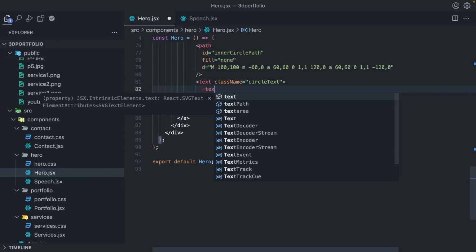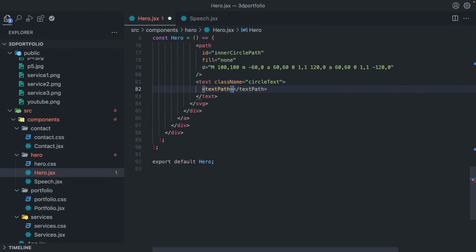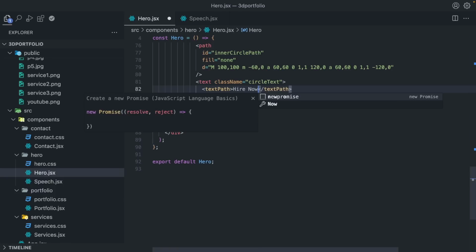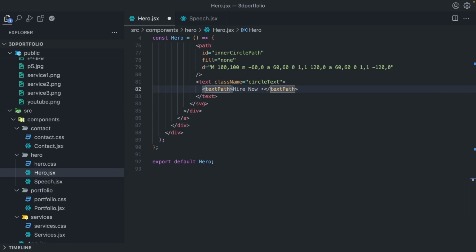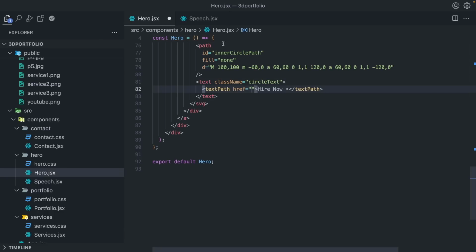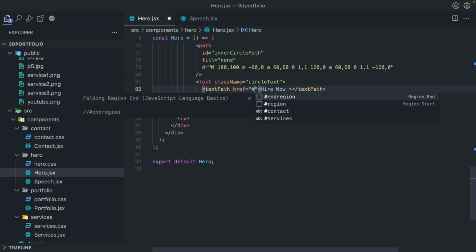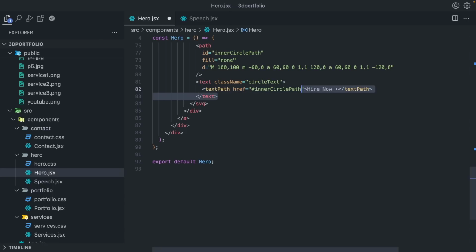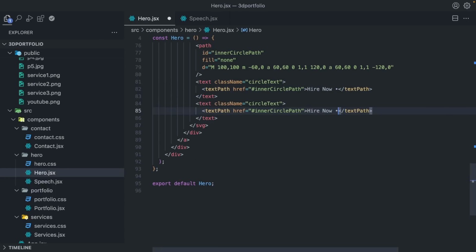To do that, we are going to be using text path, hire now, and it's going to follow this path, as I said. So I will say href, the ID of this path, which is inner circle path. Just like that. I can do the same thing for the other. Here is going to be contact me,